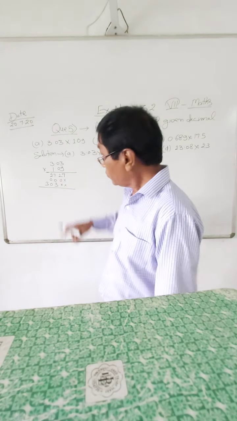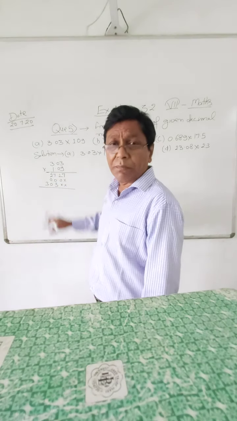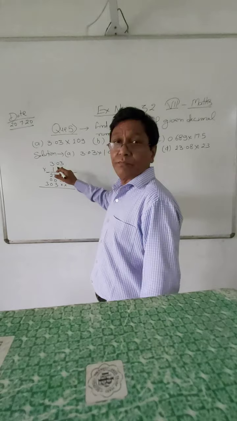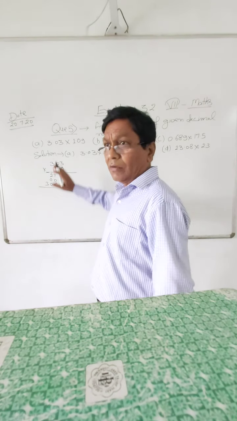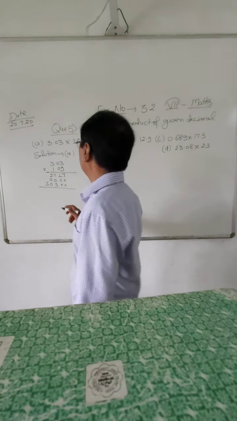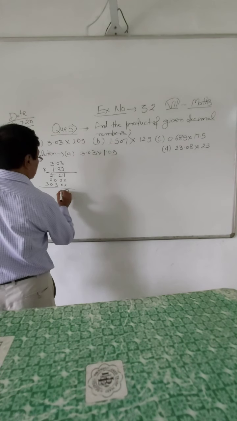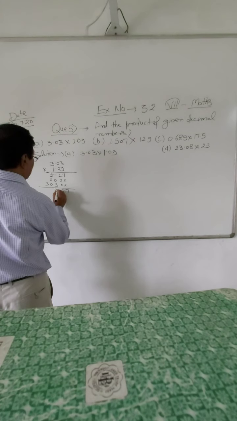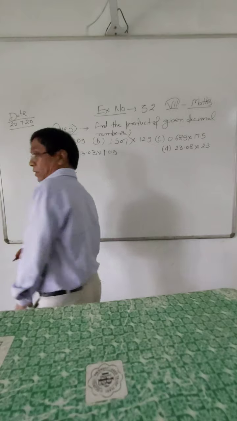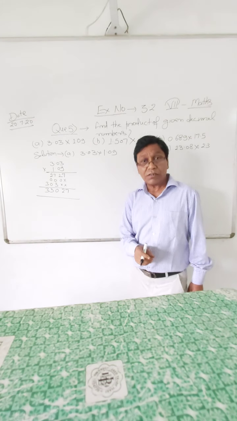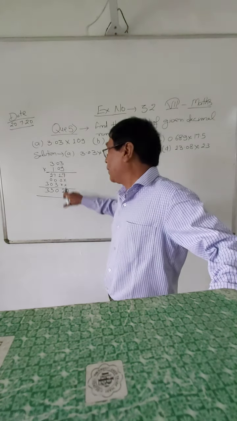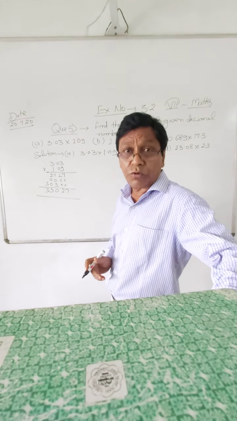It's clear? Now in this multiplication, what have you done? Don't consider the decimals. Without considering the decimal, first in the ordinary way multiply these two numbers. Now just see what is coming here. 7, 2, 7 plus 3, 10, 1 carry, 2 plus 1, 3 and 3. Now this is the product. Now the main question is where to put the decimal. After multiplying, just see where to put the decimal.